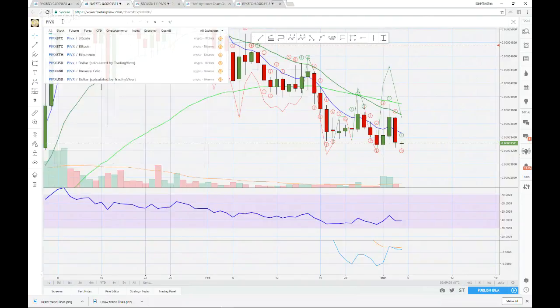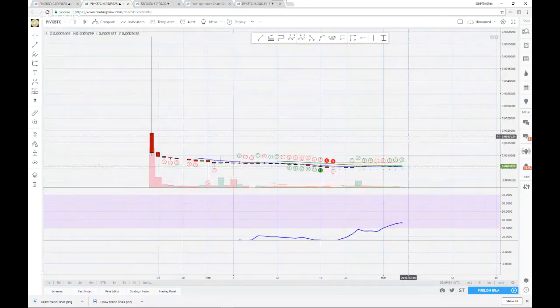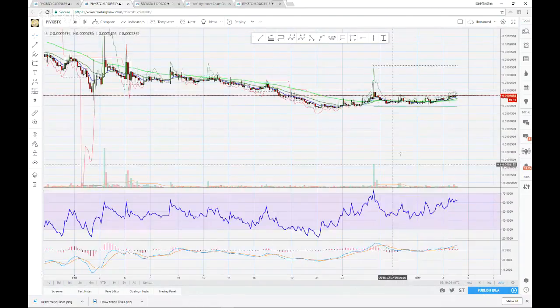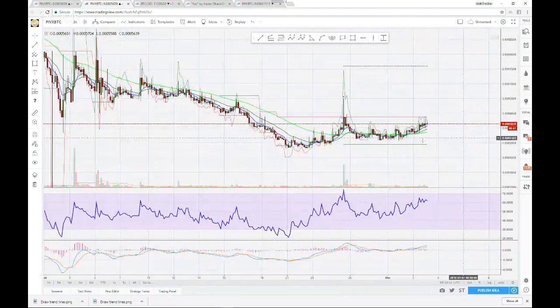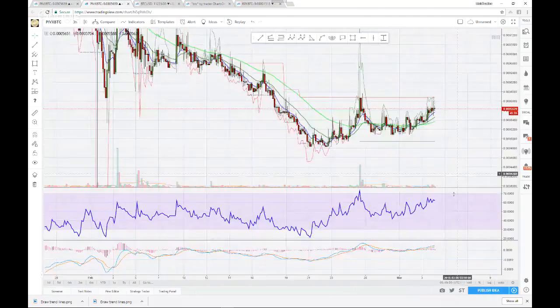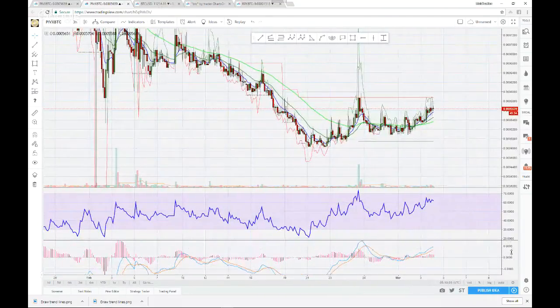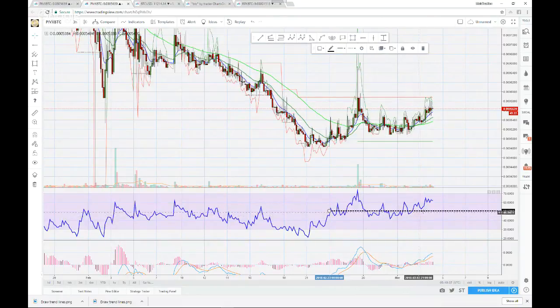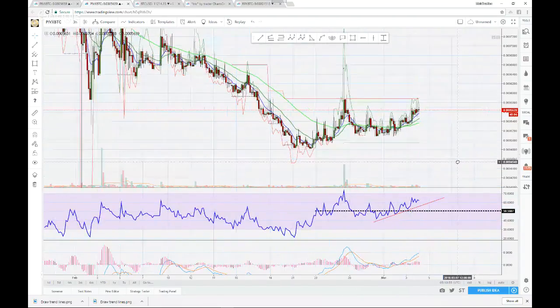PIVX. Oh, the hour. Okay, PIVX is actually in the 3-hour chart looking really good. Yeah, we can see that we have a shy MACD, which hopefully is going to pick up. And we can also see that the RSI is bouncing off the RSI. So we just have to think about this long line right here. So if the RSI bounces off this line and goes up again, that would be a really good time to enter